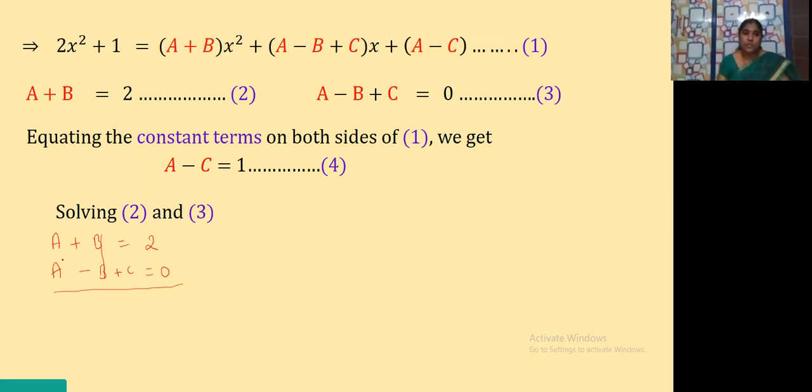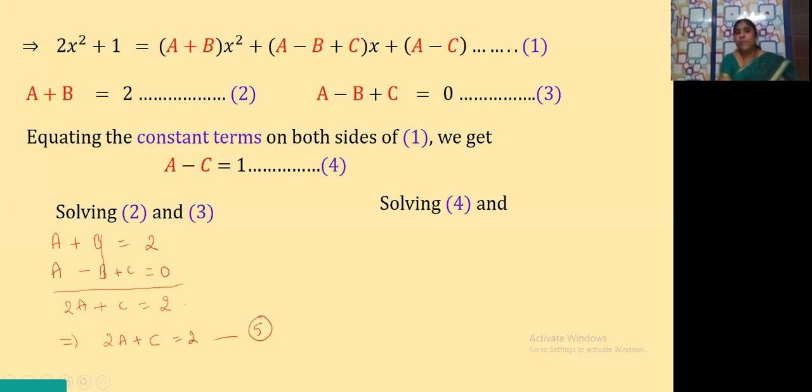Now a, both are positive here. a plus a is how much, children? It is 2a. And here there is no c term, so that can be considered as 0. So 0 plus c is c, equal to 2 plus 0 is 2. So what did we get here, children? 2a plus c is equal to 2. Already we have equations till 4, so let it be equation number 5. Clear?